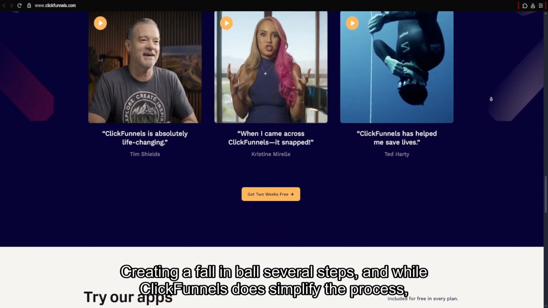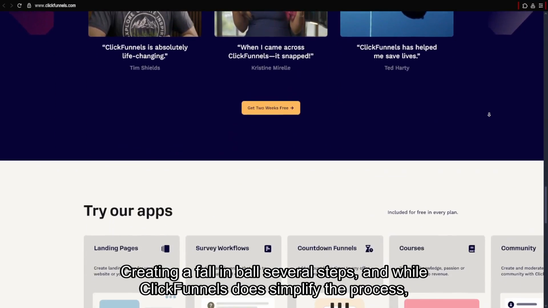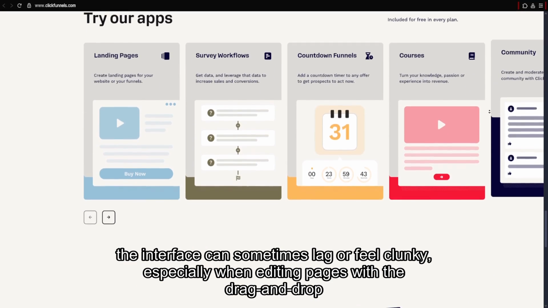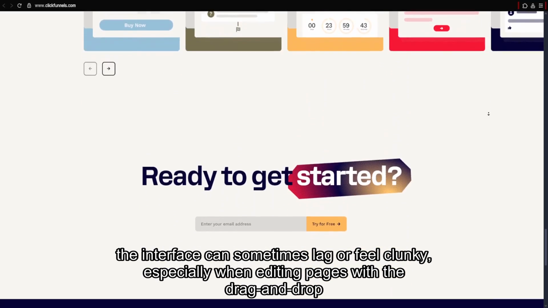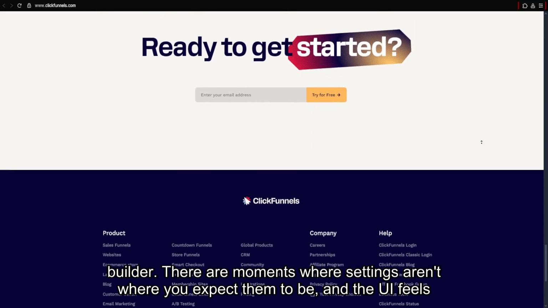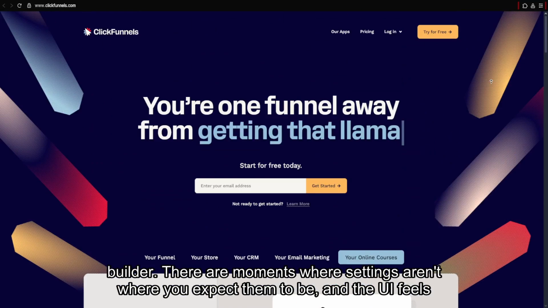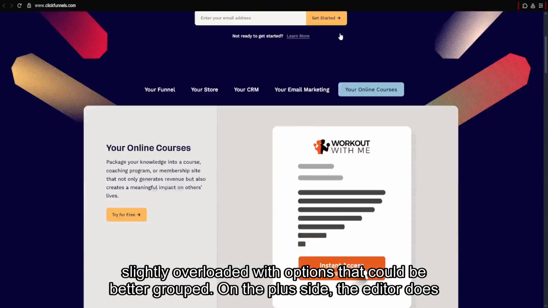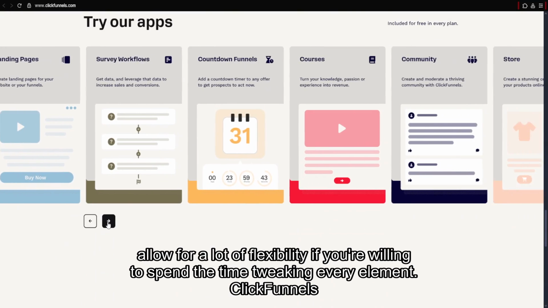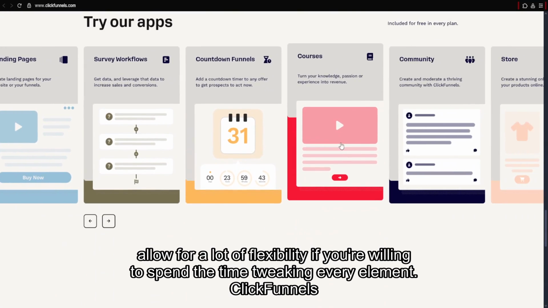Creating a funnel involves several steps, and while ClickFunnels does simplify the process, the interface can sometimes lag or feel clunky, especially when editing pages with the drag-and-drop builder. There are moments where settings aren't where you expect them to be, and the UI feels slightly overloaded with options that could be better grouped. On the plus side, the editor does allow for a lot of flexibility if you're willing to spend the time